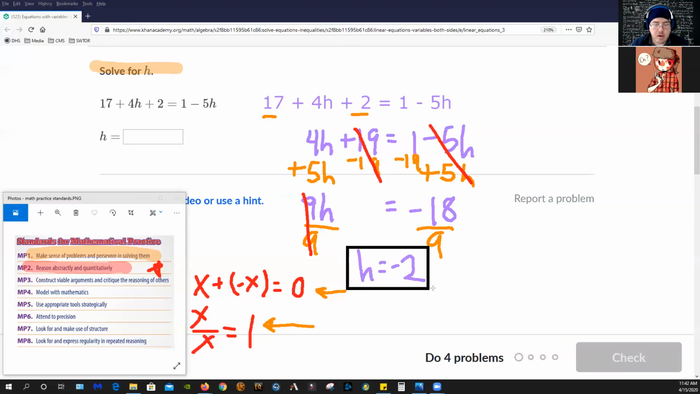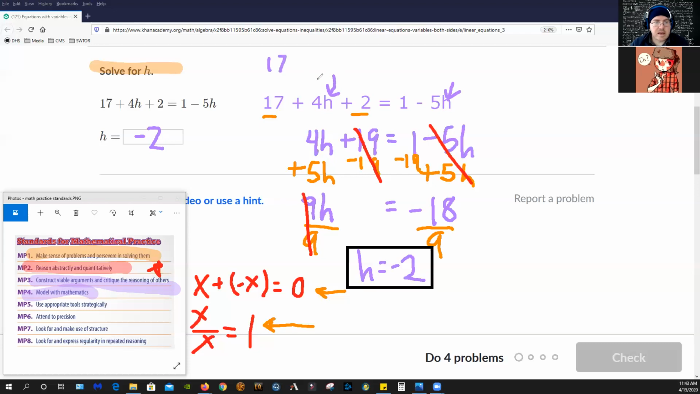So what we just figured out in this particular system is that when you do all this inverse math, H has to be equal to negative 2. And just to go back to our practice standards, we modeled our math. I constructed a viable argument to prove that I'm right. I guess to get credit for that check mark, I would probably have to go back and put a negative 2 here and here, which would make